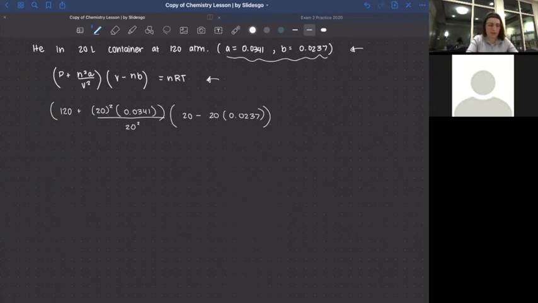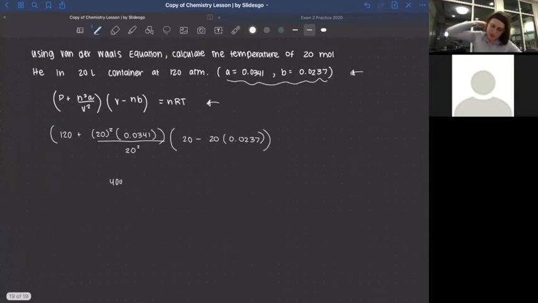So I'm just going to throw this in my calculator. Hopefully I calculate this right. So we have 400, oops. Oh, I guess we can just, these won't always be the same, but I'll just cancel those out. So it'd be 120.0341 times, I'll have to multiply this one out. So 20 times 0.0237 equals 20 minus